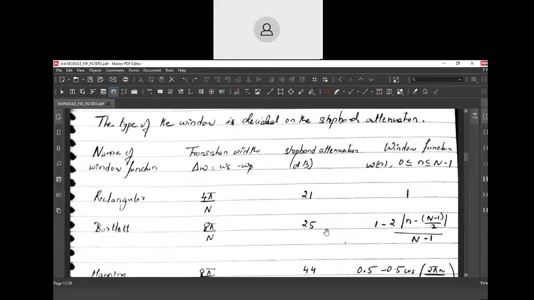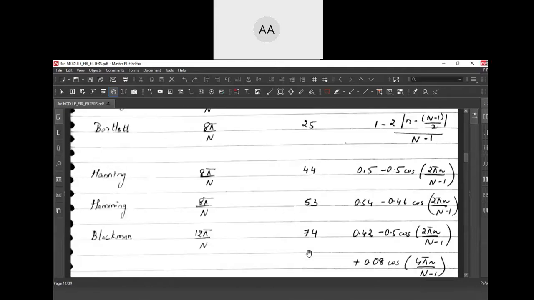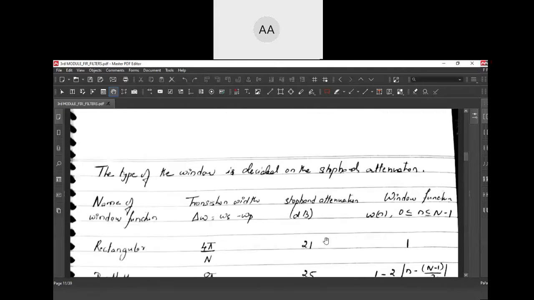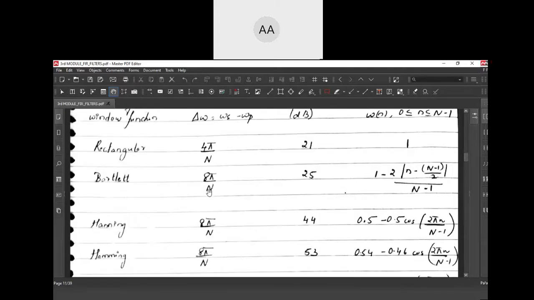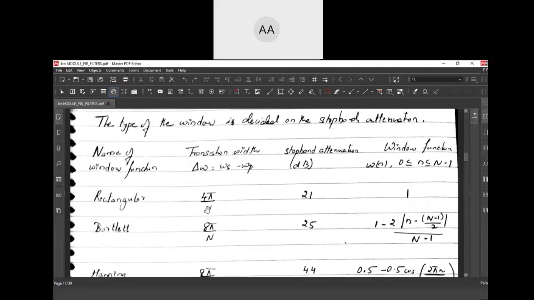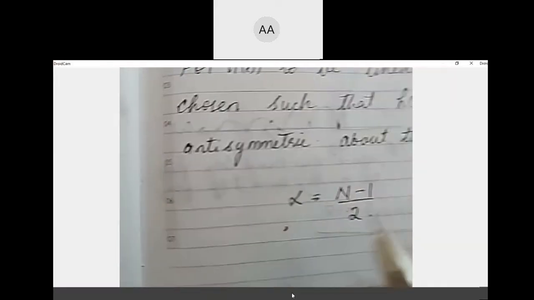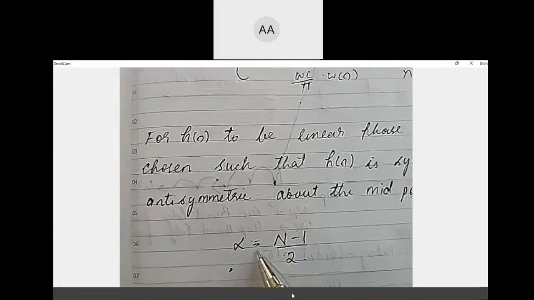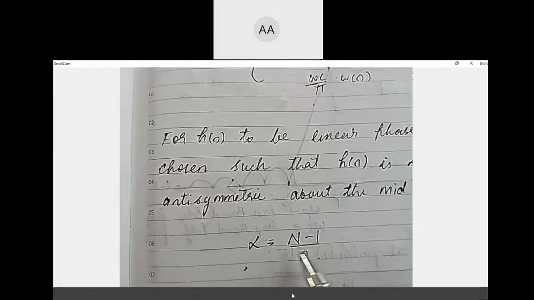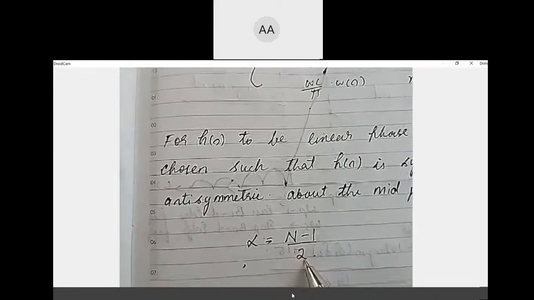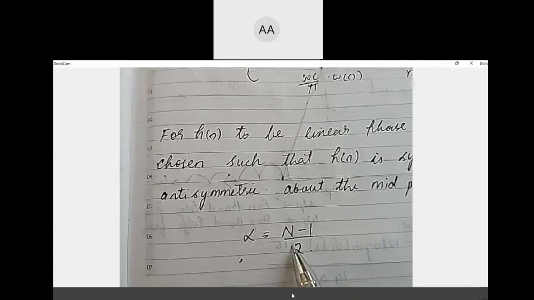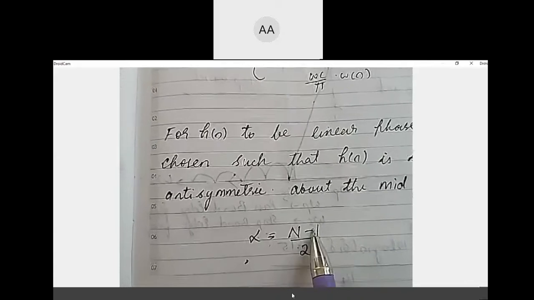Yes, sometimes they'll mention the stop band attenuation, and sometimes they'll not mention it. Instead, they will just give you the order of the filter. By giving the order of the filter, there is a relation to find it out. I will show you that in the last step, where I have written this. There's a value called alpha. This alpha value you will get by looking at the order of the filter. Either they'll give you the alpha value or they'll give the order of the filter.